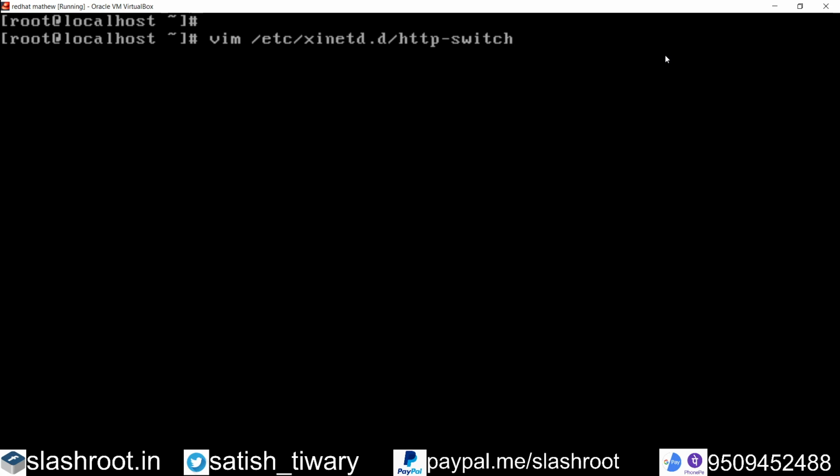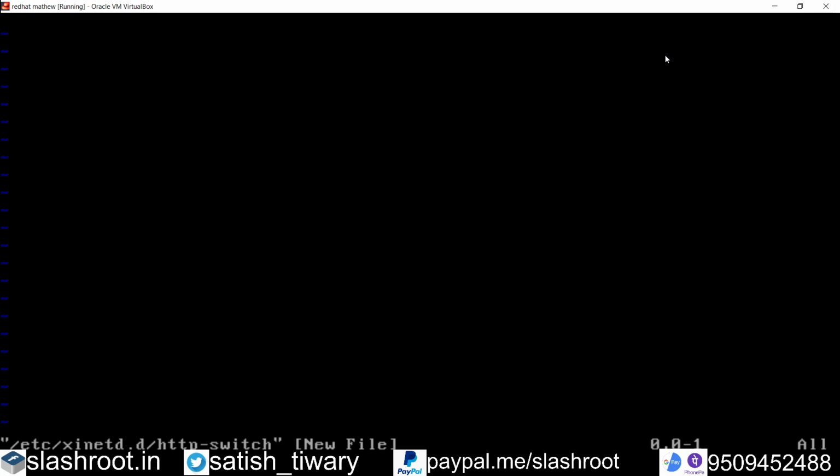So I have created an http-switch file here, and inside this file I am going to write service http-switch. So the name of the service is http-switch.